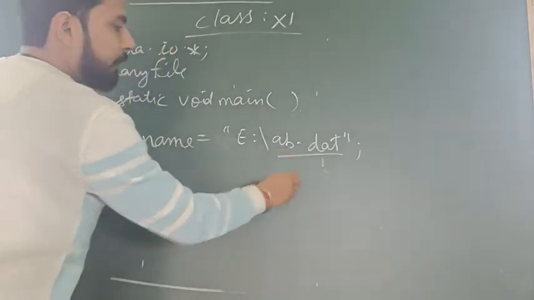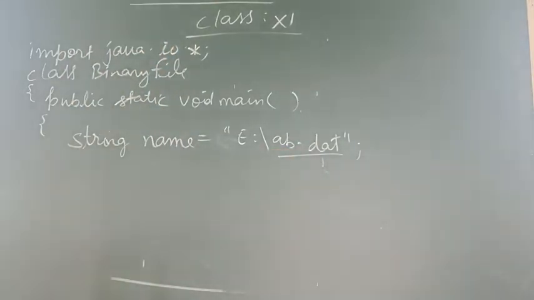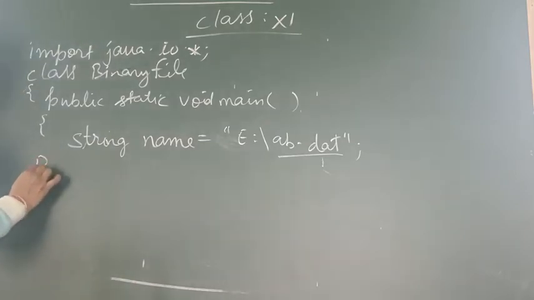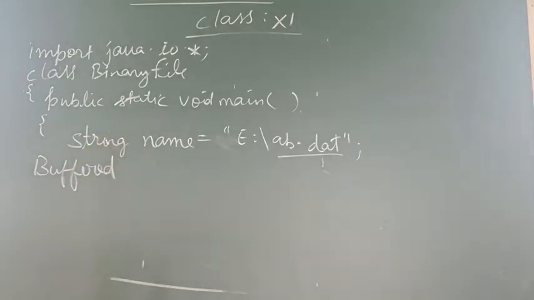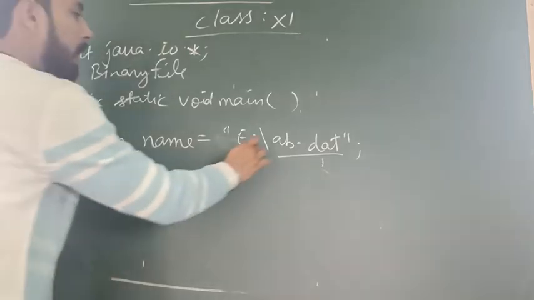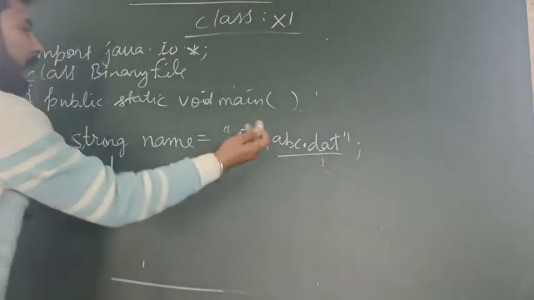ठीक है, the file name will vary with your file name. आप इसी जगह अपनी कोई भी फाइल का नाम लिख सकते हैं. Whatever you want to give as the name of your file, you can take it. Okay. So abc.dat. After that we will create the BufferedReader for our reading purpose, to take the input from the user. ठीक है, हम क्या करेंगे, इनपुट लेंगे यूजर से और वो अपना यूजर कहां पर दे देगा, abc.dat फाइल में हम एंटर कराएंगे, उसमें हम राइट करेंगे.